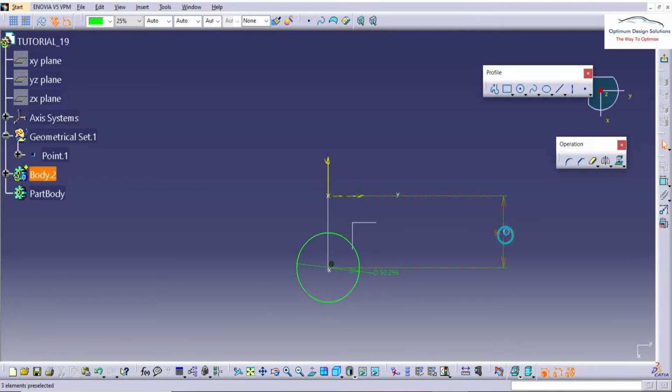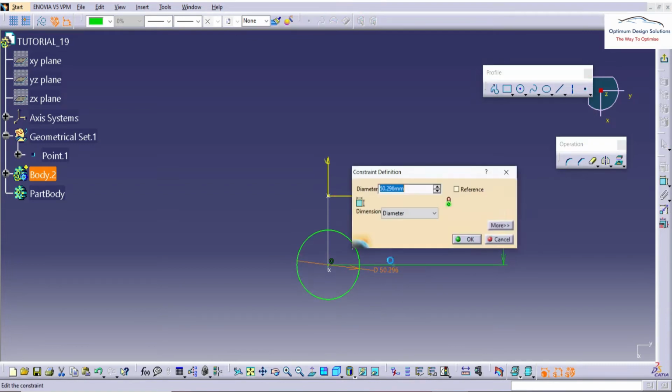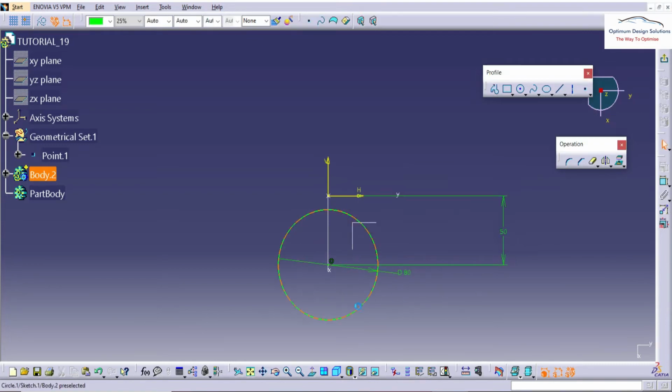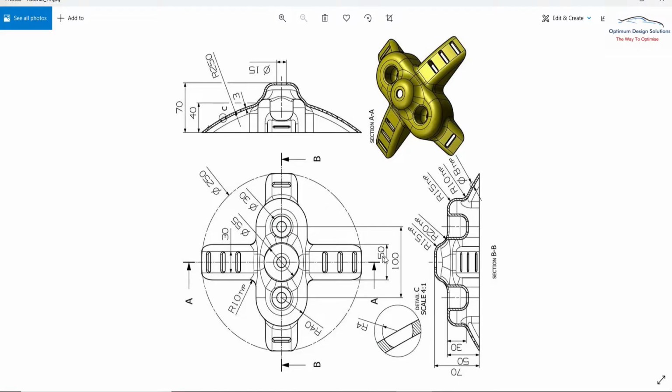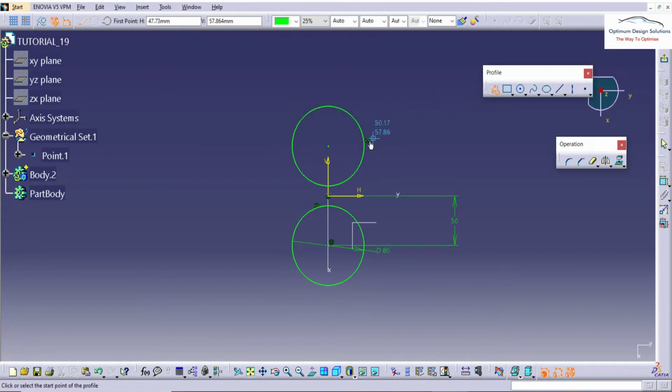This circle is 100 mm, which means from center it is 50, and the dimension is R40, which means 80 diameter. So here is the 100, and this circle is exactly a mirror, so we can use the mirror command here. Select the circle, mirror from the axis. Now we'll convert this into the elliptical shape.